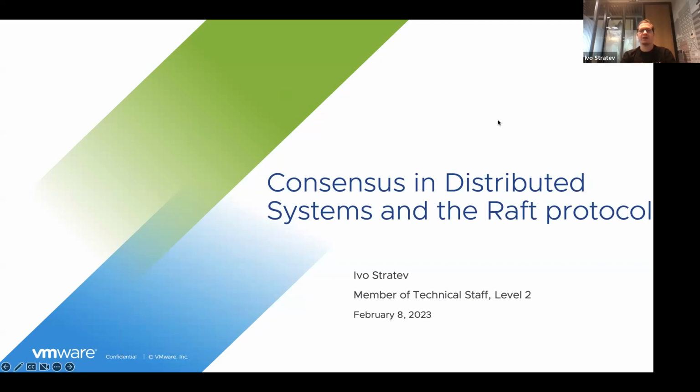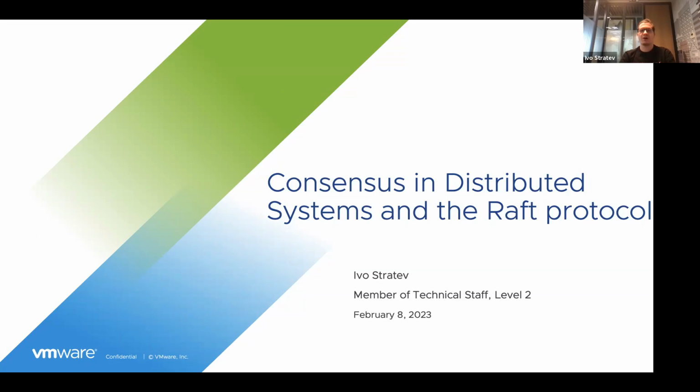I'm currently a member of technical staff level 2. If you saw the introduction or the summary of the talk in the Meetup, it said that I'm working on a high throughput data ingestion service. Well, this is no longer the case. With some of my team members, we just moved to a new project. Now we are working on a database as a service project. There are currently 2 in VMware. We joined the Moneta one.